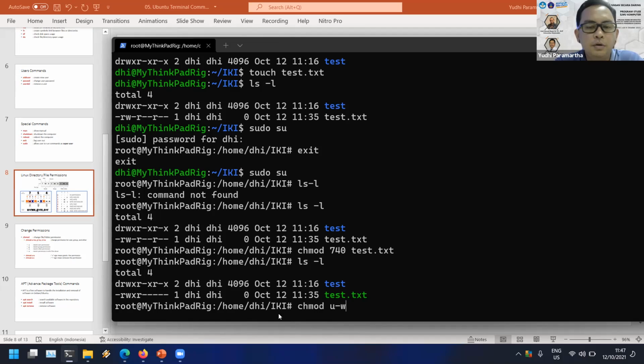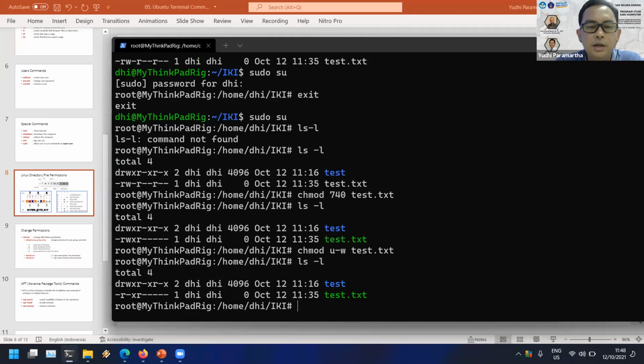So chmod u-w, removing write permission for user, and then the file test.txt. When we see the content of the folder, the file only has the read permission. The write permission is revoked because we did that before, and the execute permission is still there.